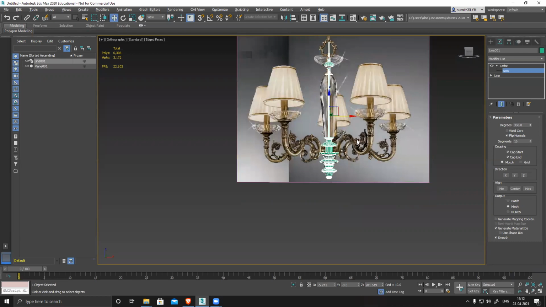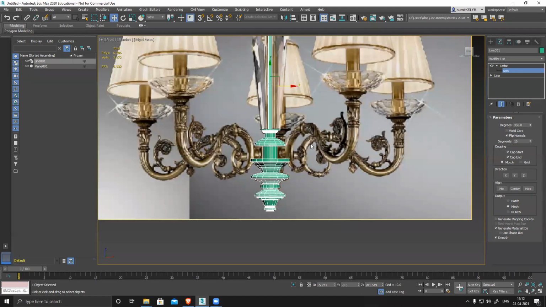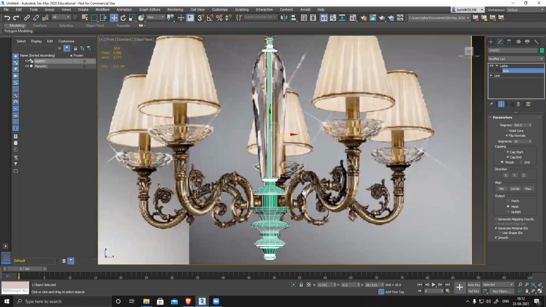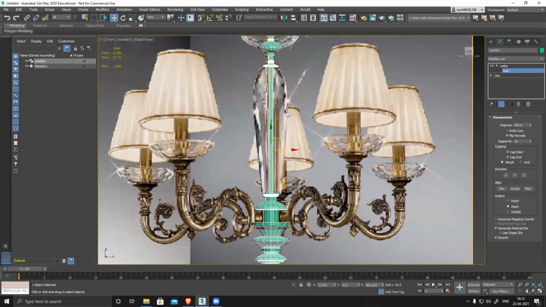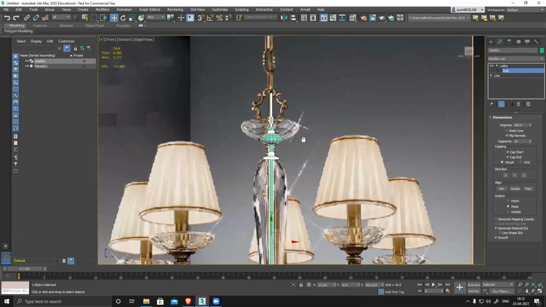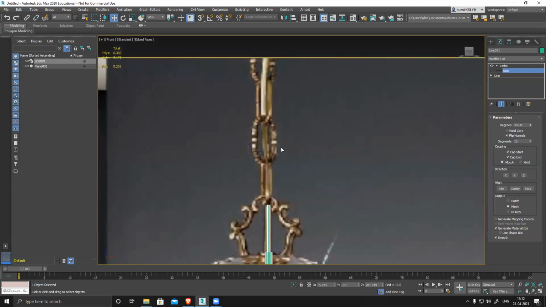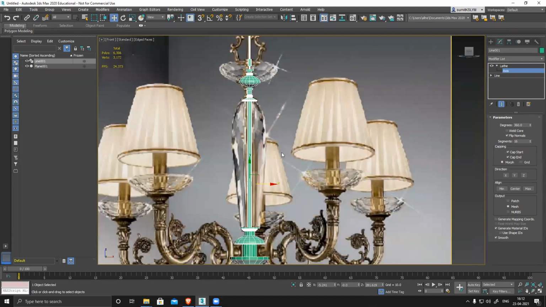Now I need to create all these shapes as well. The easiest process will be to create the basic structure first, then add details. Okay, so this thing is ready. If I want, I can create this thing with the help of another spline. Definitely I can do that. And this also I can use a spline and create it. Everything I can create using splines. So the basic structure is almost ready.